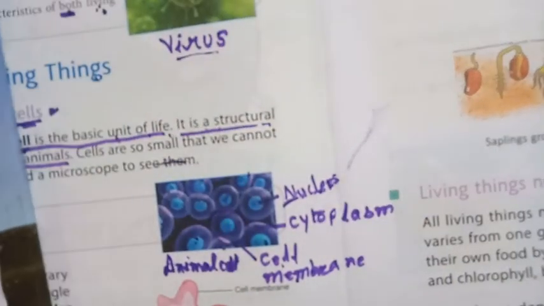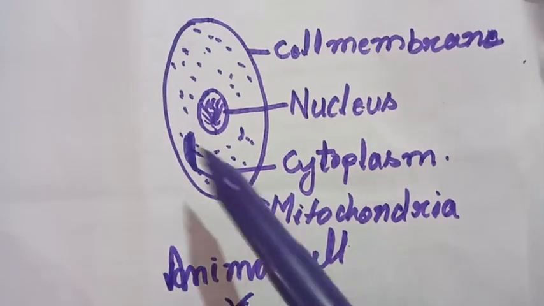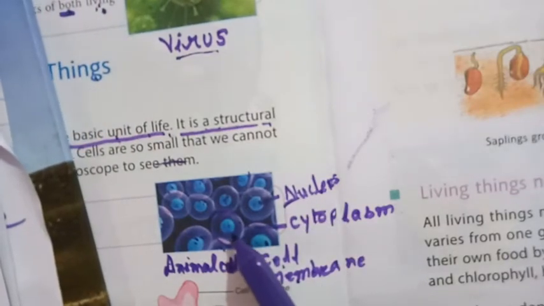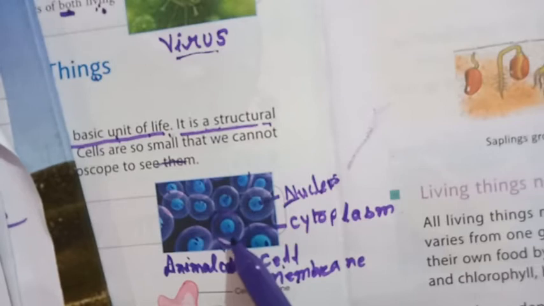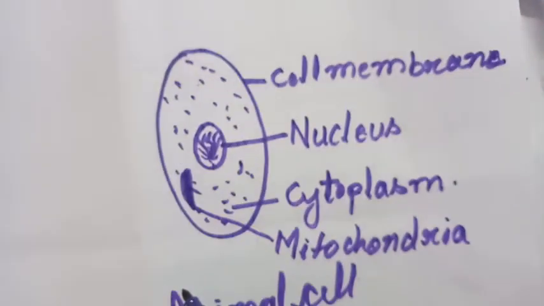Now look at the book one more time. You may draw this picture also, and you may draw this picture also. This is a very clear visualization. You will draw this diagram or this diagram, any one of the two diagrams on your white sheet, as you wish. Both are the same. There are many cells, and here is a single cell, and you will define what a cell is.